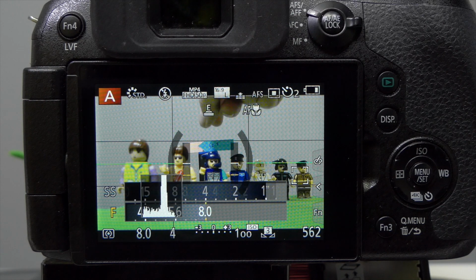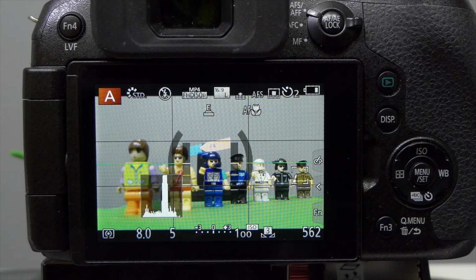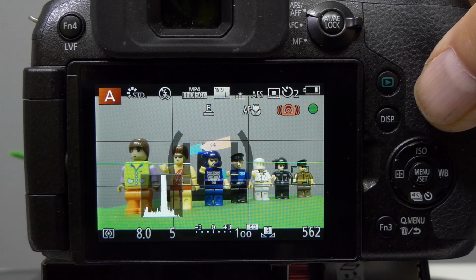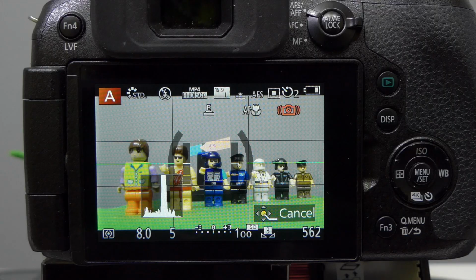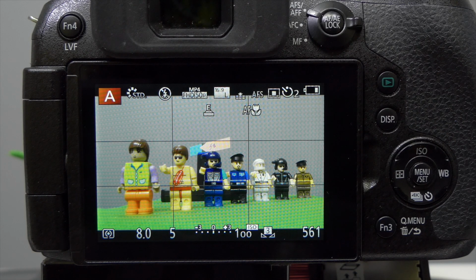So in set f8, I'll turn my indicator around to remind me, and we'll take that shot again with that last character in focus. And you can see we've got a lot more depth of field coming towards us, but we could have got more depth of field by focusing 1/3 of the way into the subject, which would have been that third character